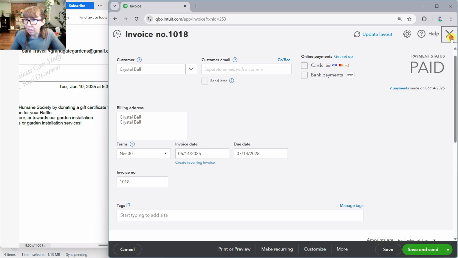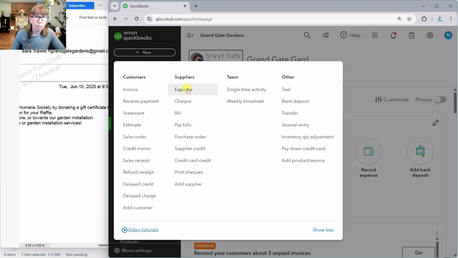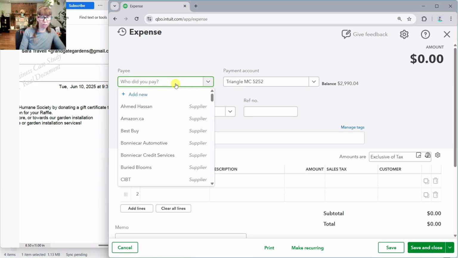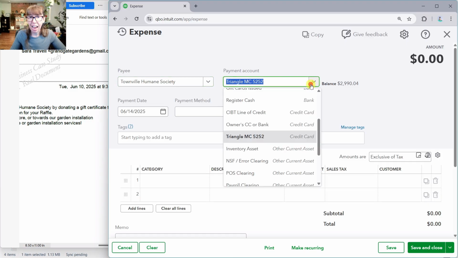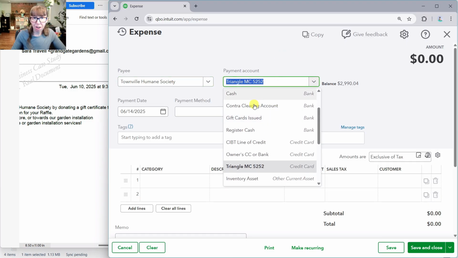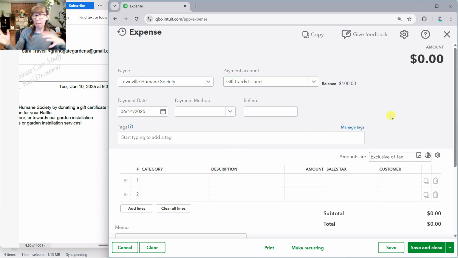So I'm going to go ahead and close this invoice, and we are going to say new expense. And so we're going to say the Humane Society, we're going to pay out of the gift cards issued bank. We can do that only because the way that I've set up this bookkeeping file is that the gift cards issued is a type bank, and that's to make the payments easier on the invoices. And you can see that it's helping us now as well. So the date was June 10th,